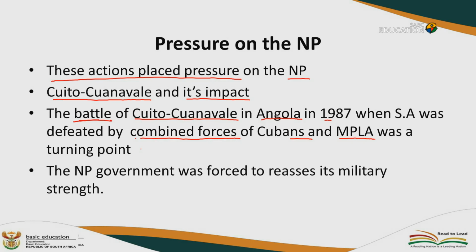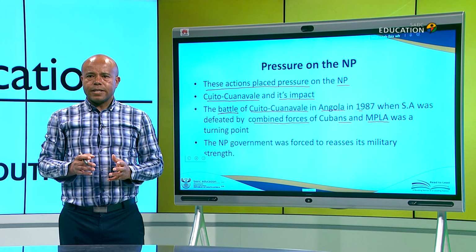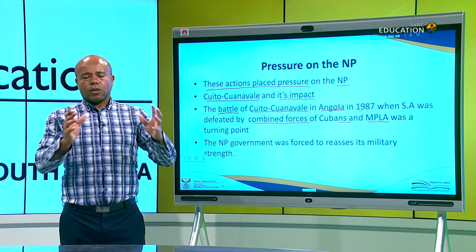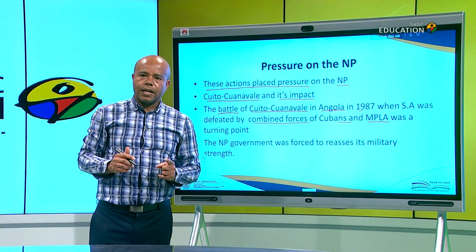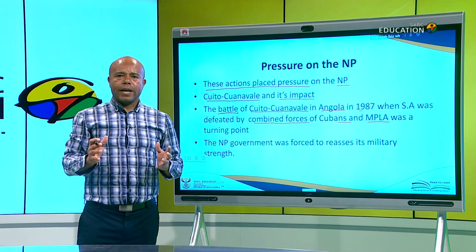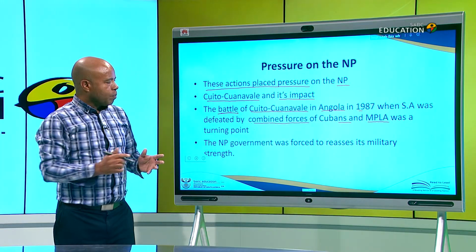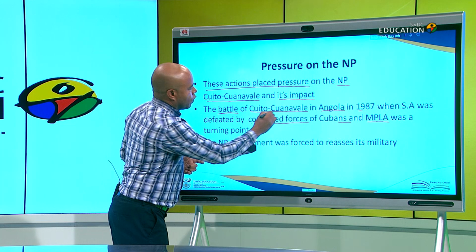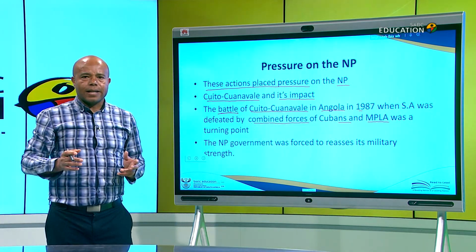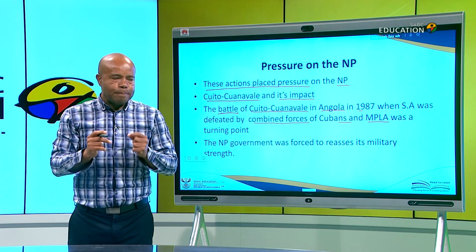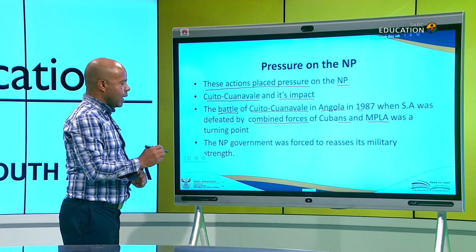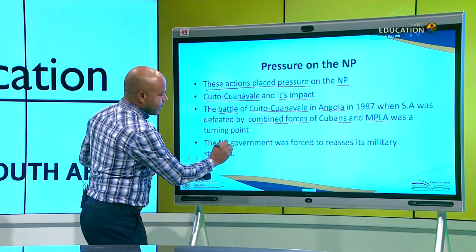So the USA, Cubans, South Africans, and also officials of the ANC decided, now listen here, let's sit down and come to a resolution. So after the Battle of Cuito Cuanavale, this is what happened. They signed Resolution 435, which gave Namibia their independence. So when we look at our last point here, the National Party government